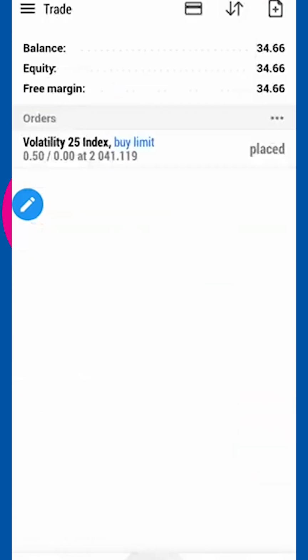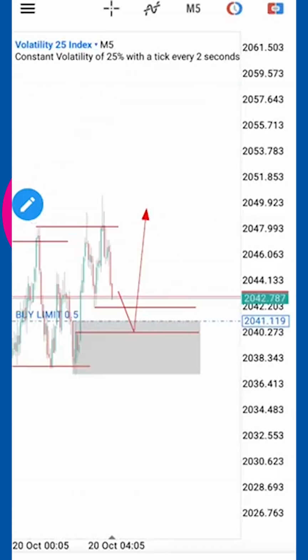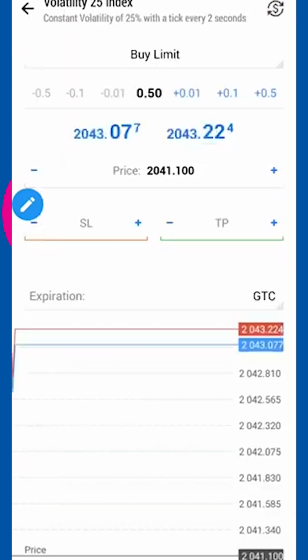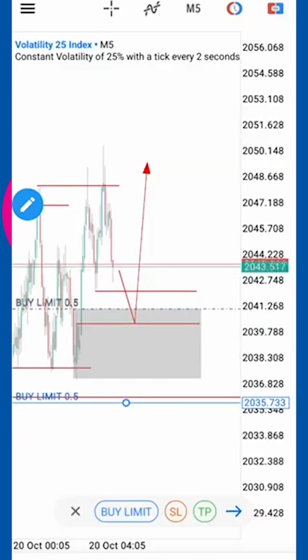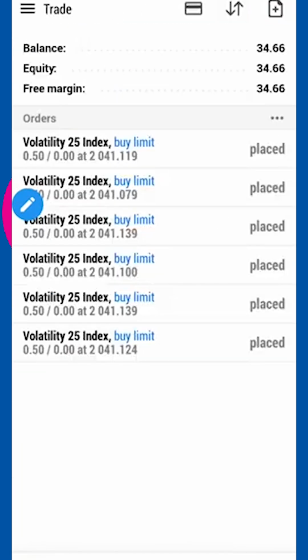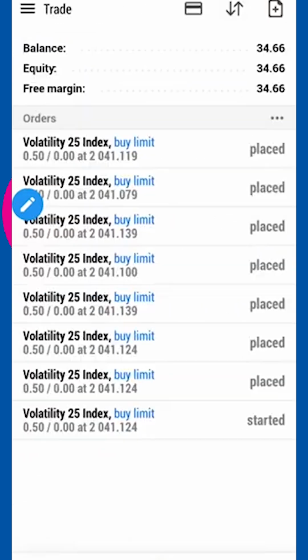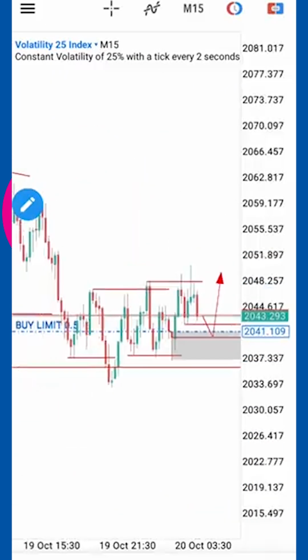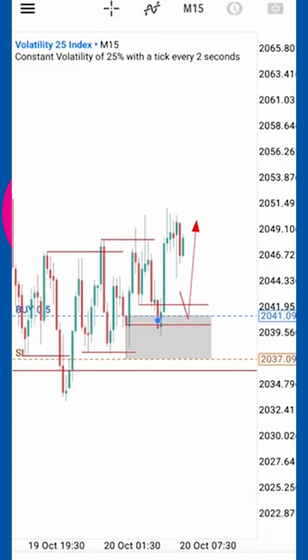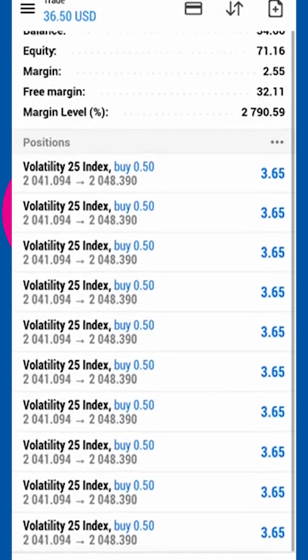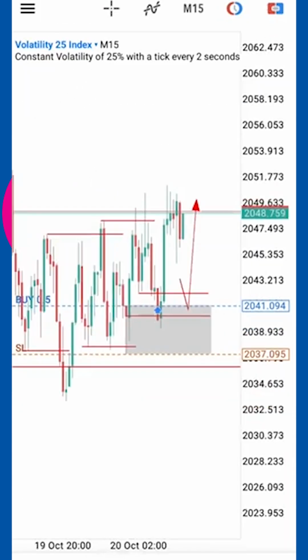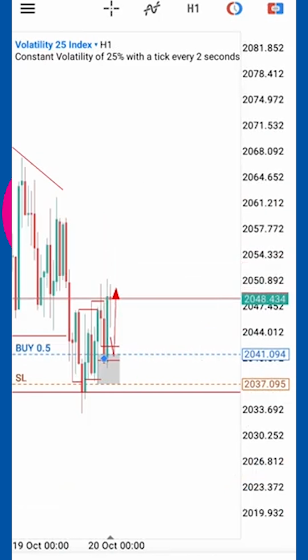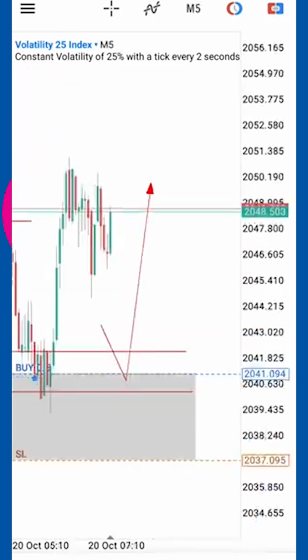So I decided to place right at the 15-minute order block. I should have used the 5-minute order block, but I had some suspicion, so I placed my buy orders at the 15-minute order block and not at the 5-minute OB. After some time, you can see price had a clean respect off of our 15-minute order block or 5-minute order block, whichever one you want to use as your entry